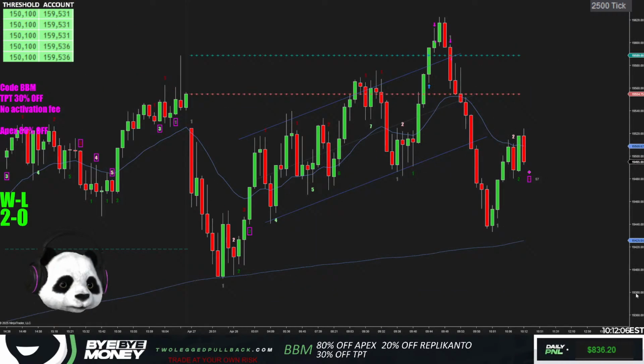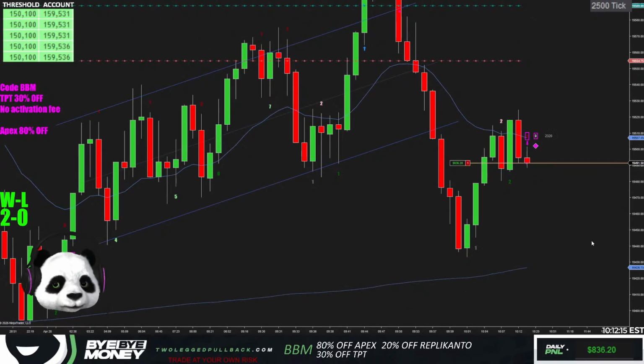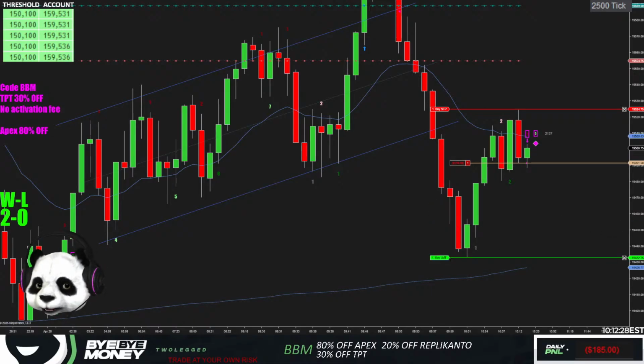I'm going to try here. It's an ugly, right, overlapping bars, but I feel like this wants to keep going down one more time. And the risk is not too big. I'm going to just trade with one contract here. If it reverses, so be it. But I think it needs to make a new low here. And if it doesn't, so be it. But this is my risk reward. I think it's pretty good risk reward here.